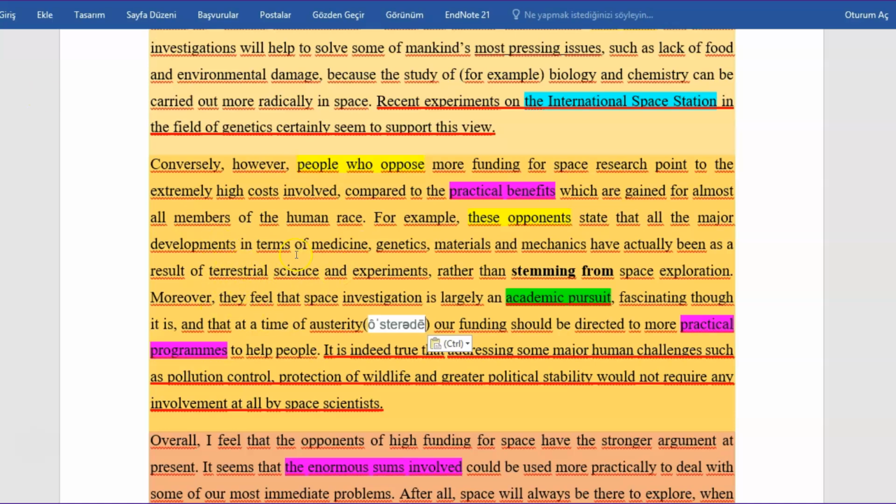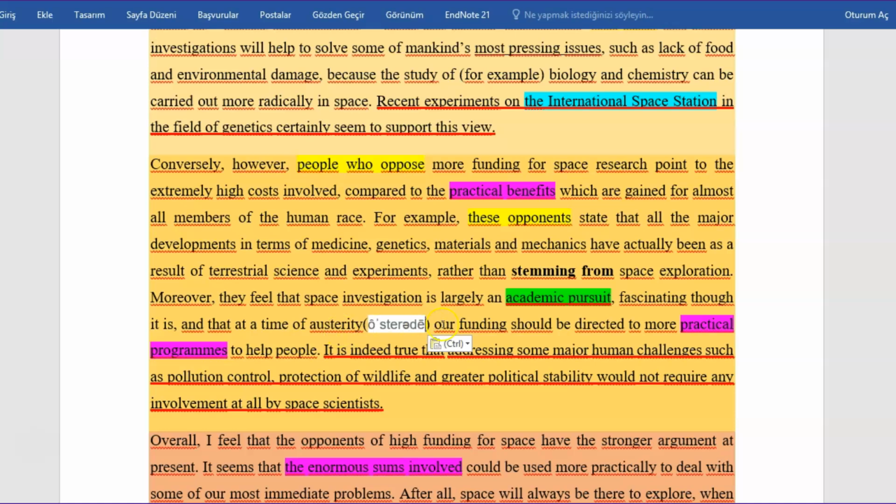Terrestrial, not aquatic, rather than stemming from space exploration. Moreover, they feel that space investigation is largely an academic pursuit, fascinating though it is, and that at a time of austerity,